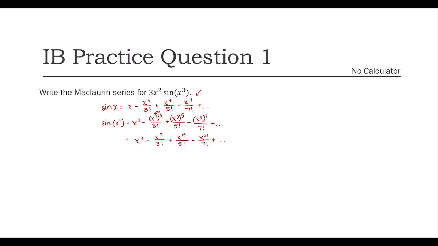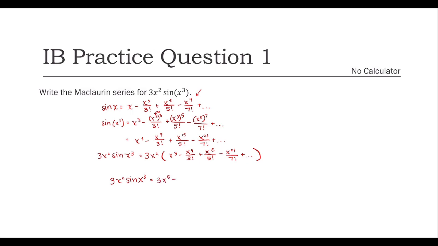So now if we have 3x squared times that, so 3x squared times the sine of x cubed, that would be 3x squared times x cubed minus x to the 9th over 3 factorial plus x to the 15th over 5 factorial minus x to the 21st over 7 factorial. So you could go ahead and distribute that in to get that 3x squared sine of x cubed equals 3x to the 5th